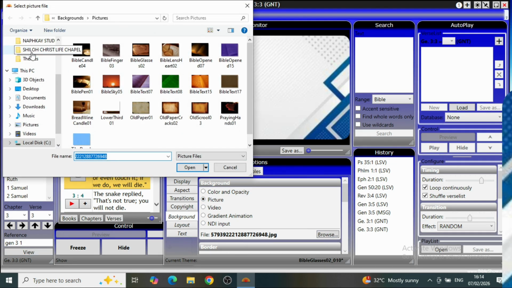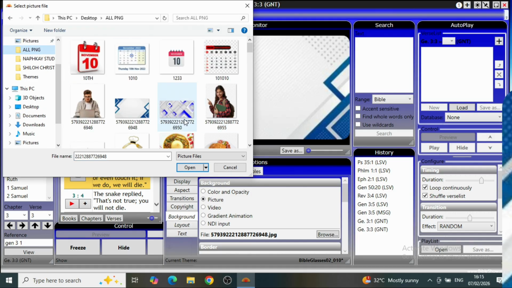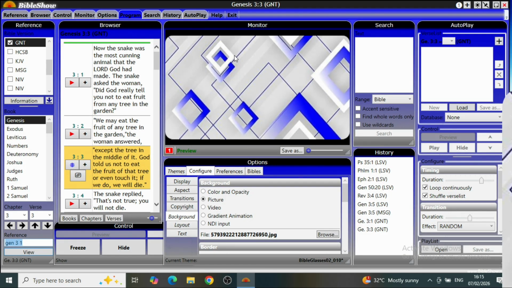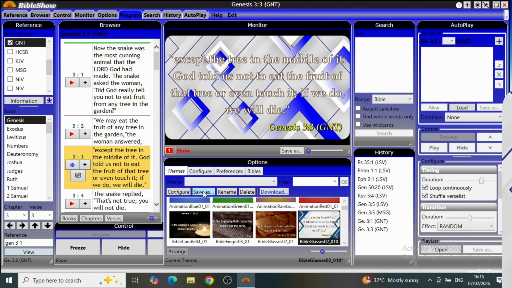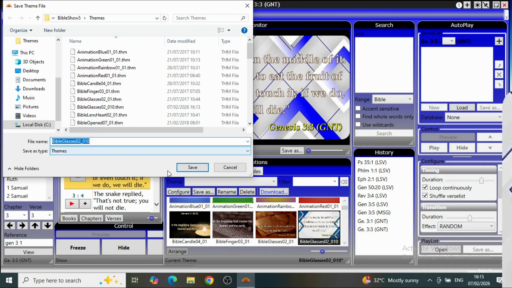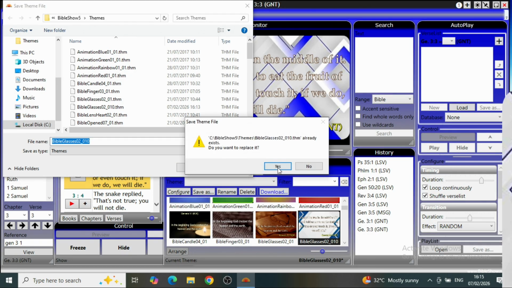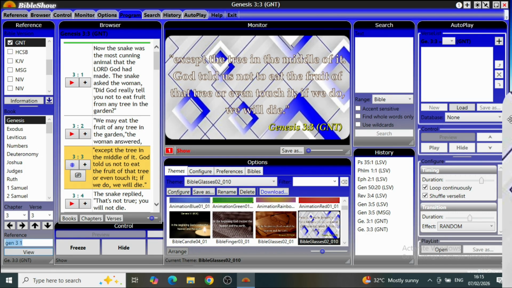Then you go to the location of the image you want to use. So I'm using this image. Okay, so I've imported the image, and I'll go back to themes, save as, then I'll save it with the name I want to use. So I'm just using one name to save all the backgrounds because I don't want you to interact with other things I use your software for. That's why it's giving me this print here. Don't bother about that. So yes, so